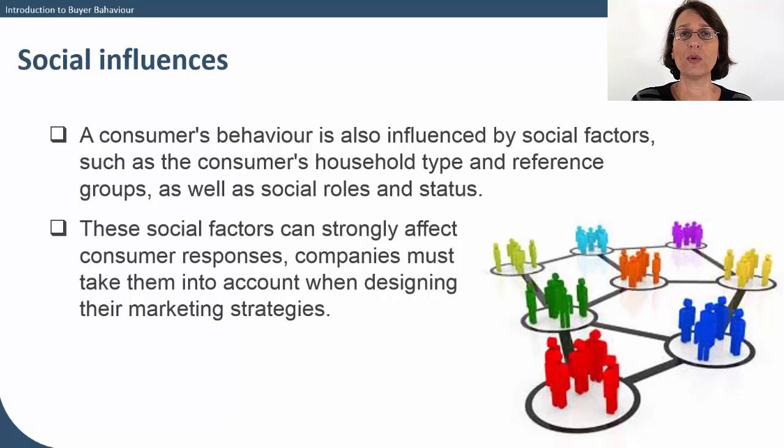Social influences are also very important when it comes to buyer behaviour. If you think about it, when you're going to buy a product, you quite often ask the advice of your family or your friends to ask them what they think and run it by them. So consumer behaviour is influenced by social factors such as your friends and your family, but it's also influenced by support groups. For example, I might look at the Chartered Institute of Marketers or the local photographers group or Which magazine to establish, not only from my friendship groups, but also from authority groups, whether or not this product or service is best to be bought.